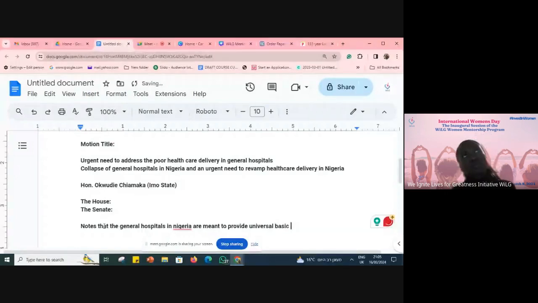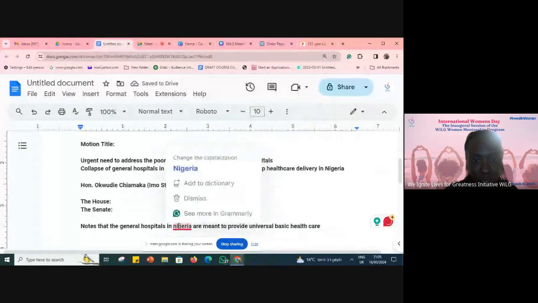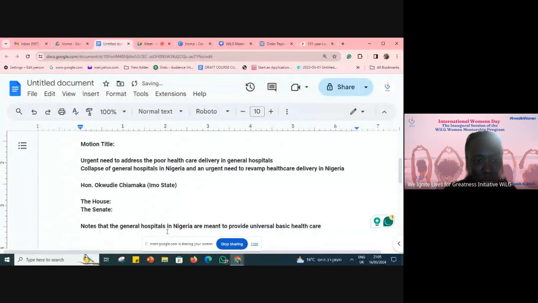What is universal basic health care? Note that general hospitals in Nigeria are meant to provide, or we can change it like, note that